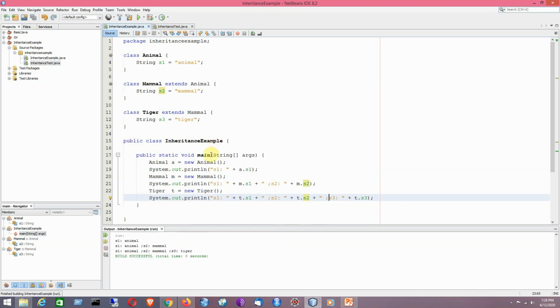Okay, so that is the idea, or you can also omit the colon here, whatever you think appropriate.